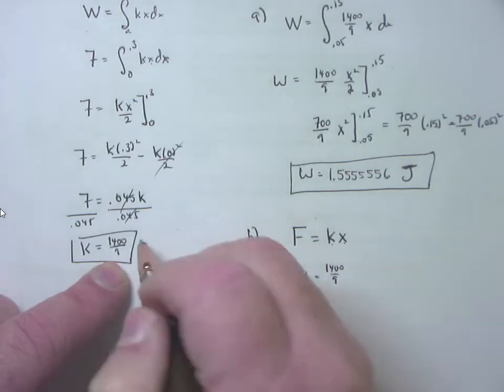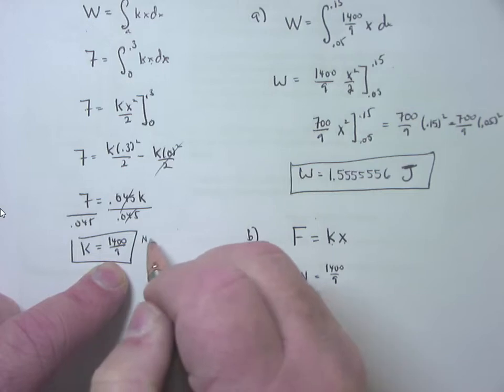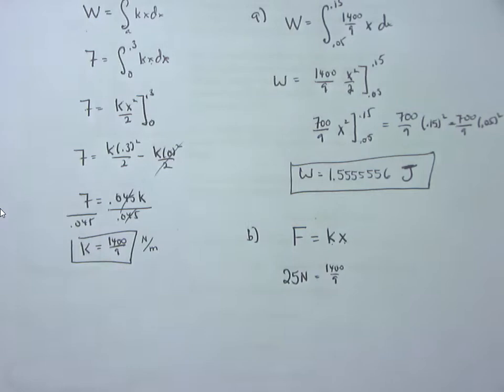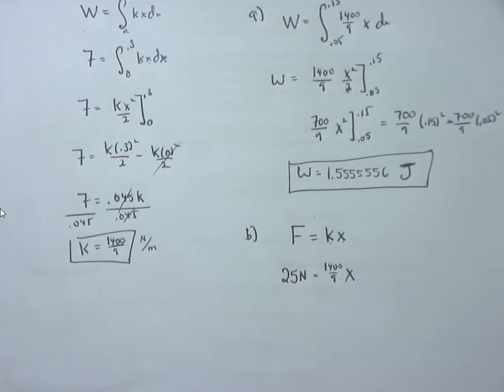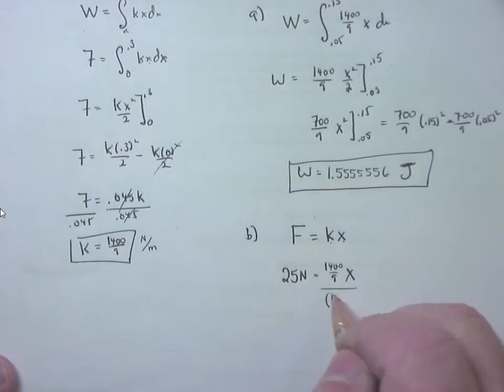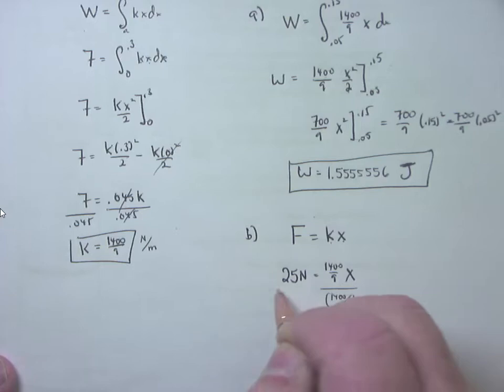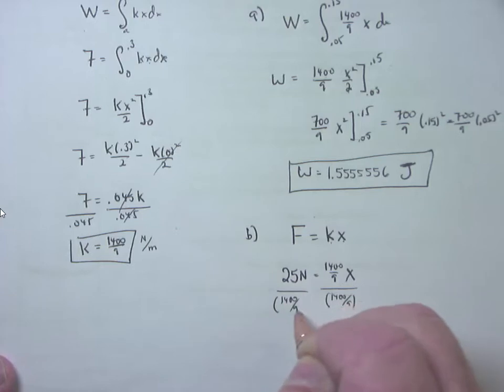And if you wanted the units on K, it being a metric system, it's newtons force per distance, per meter, newton per meter. So 25 is equal to 1400 over 9 times x, where x represents the distance from the natural length, which is basically what you want to solve for. So to solve for this, I would divide both sides by 1,400 over 9, and I get x to be equal to,